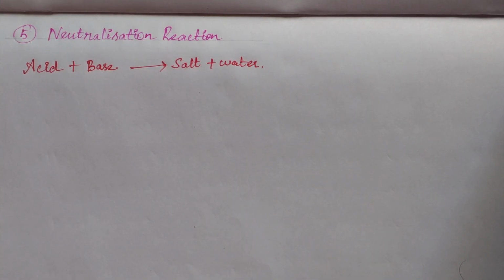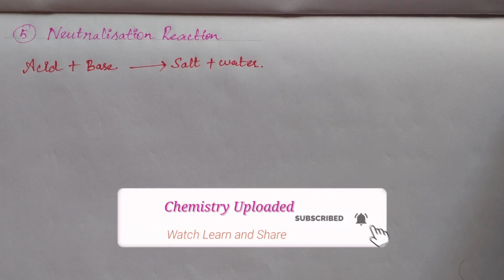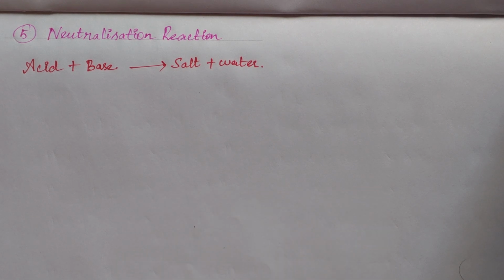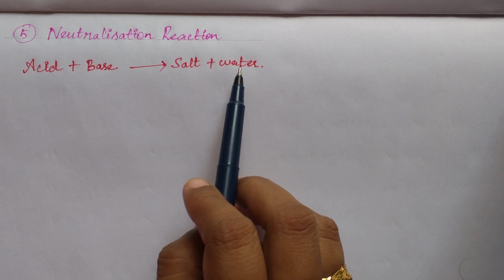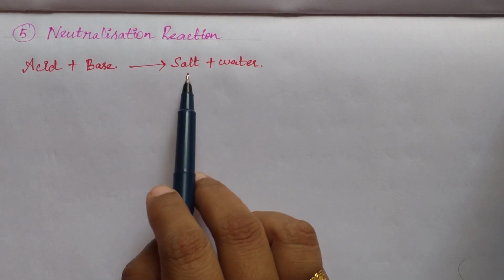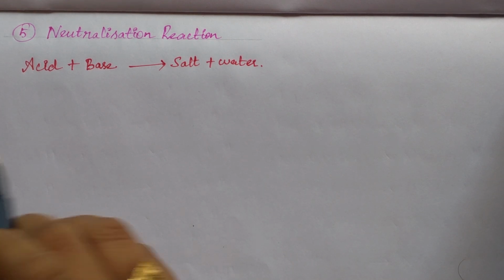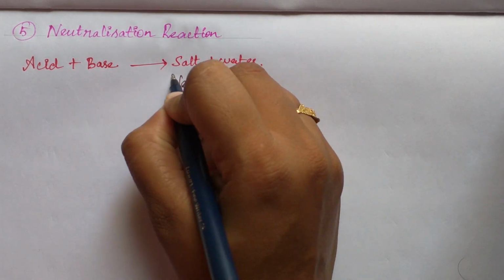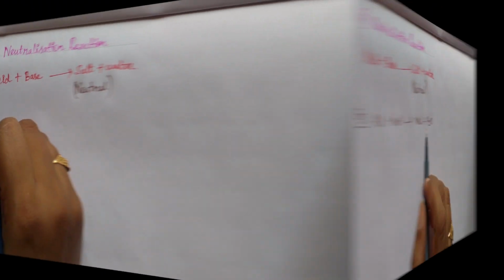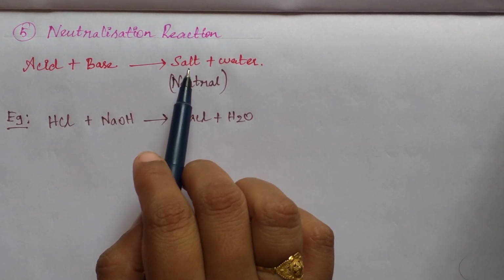Okay. So the fifth chemical property is neutralization reaction. Neutralization reaction means it is going to neutral. So how is it neutral? When acid reacts with base, it forms salt plus water. So this is the neutral. So here the salt is a neutral salt. Here that salt's nature is neutral salt. Students, this is the neutralization reaction. So acid and base give salt and water.